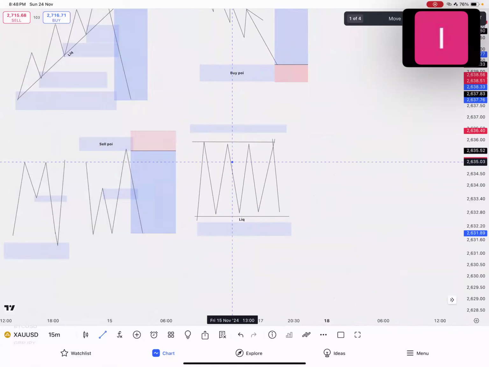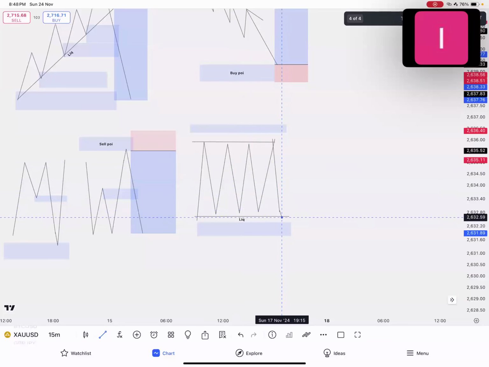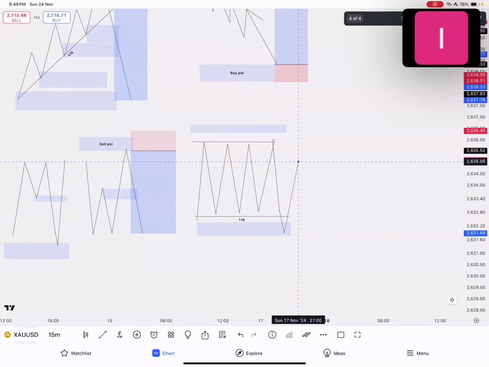Now, something like this may eventually happen. The market will now come and do something like this. You understand? After doing this, it will now come back in. Liquidity has already been taken out from this zone. Do you understand? So if you are trading support, resistance, and the market comes to